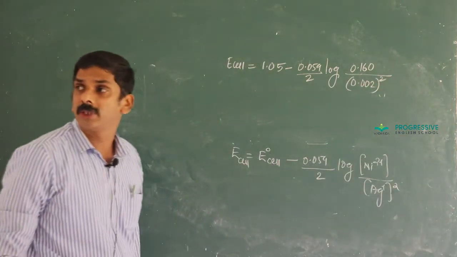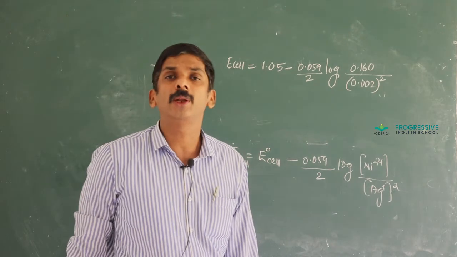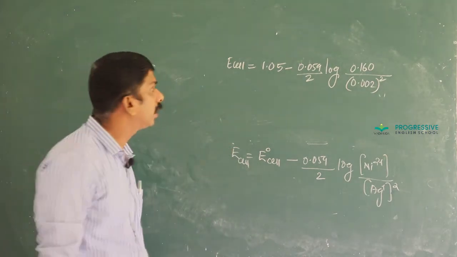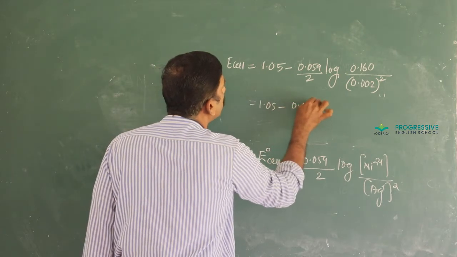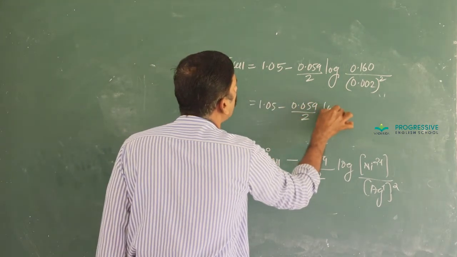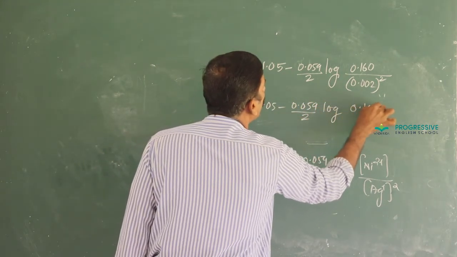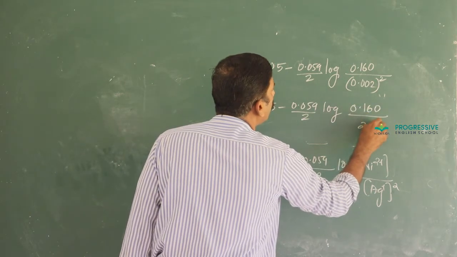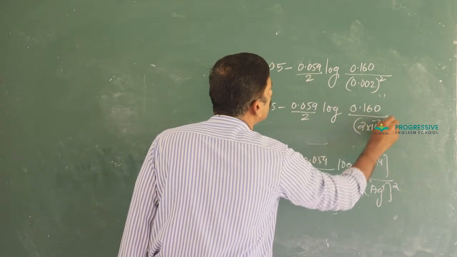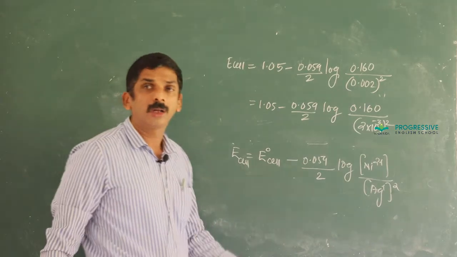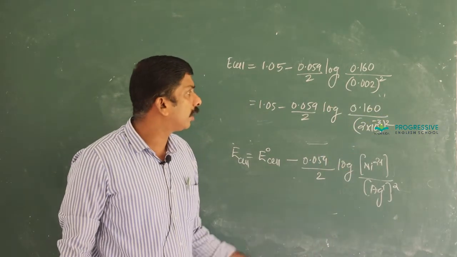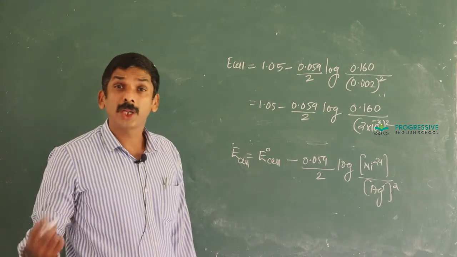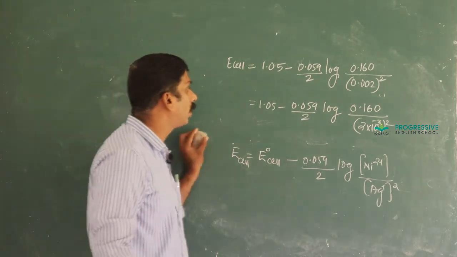And 0.002 equals 2 into 10 raised to minus 3. So that is 1.05 minus 0.059 by 2 log 0.160 divided by (2 into 10 raised to minus 3) whole squared. Any doubt? 0.002 equals 2 into 10 raised to minus 3, and 2 into 10 raised to minus 3 whole squared means